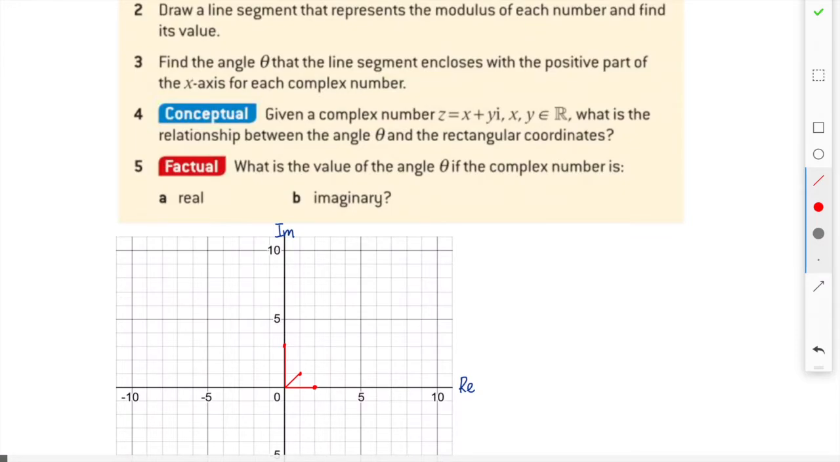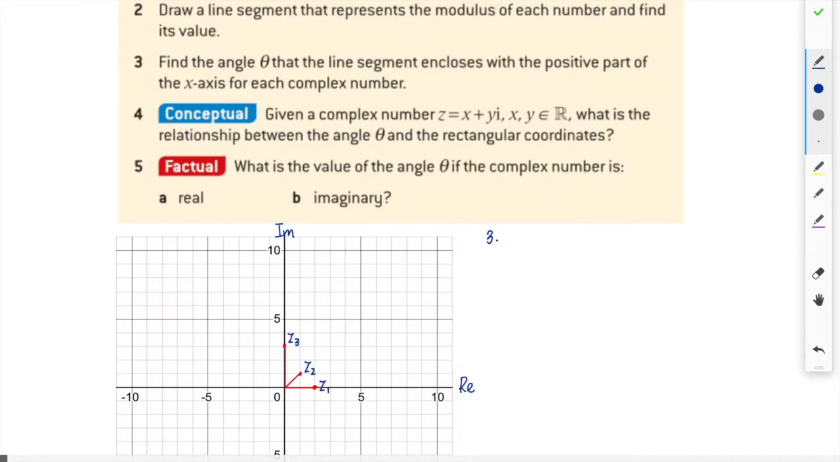Number 3, find the angle theta that the line segment encloses with the positive part of the x-axis of each complex number. The counterpart of this is like, think of your normal CAST rule type questions. You're rotating from the positive x-axis. So I'm going to do the first one here. For number 3, the angle theta enclosed by, let's call this maybe Z1 for the first complex number, Z2, Z3,